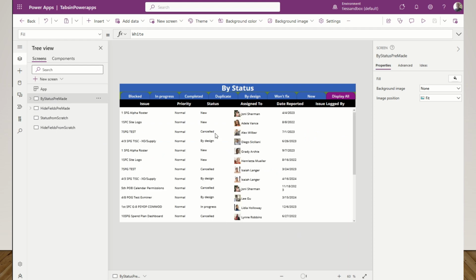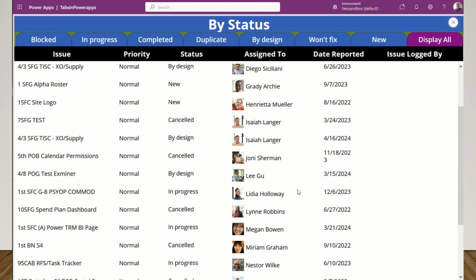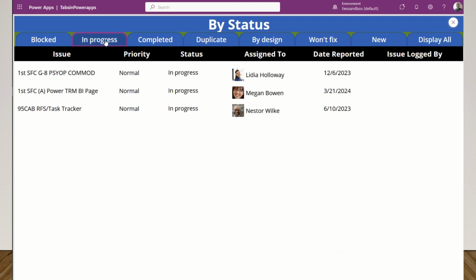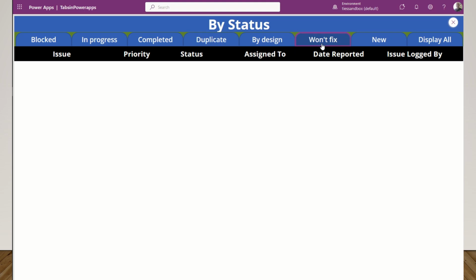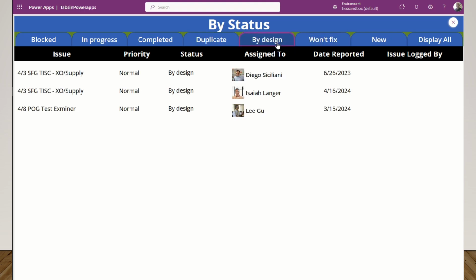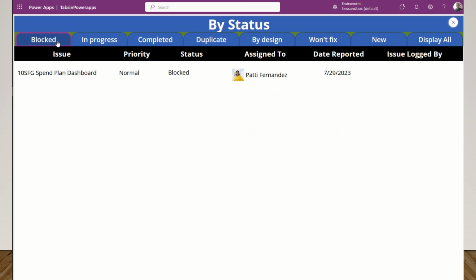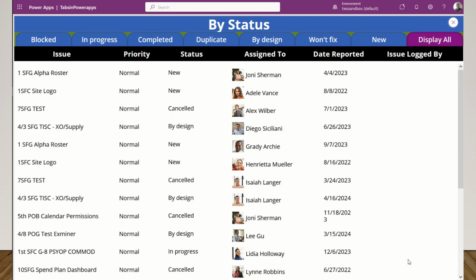So for instance, let's go here. Right now I've got it set to default so it displays all the items. This is every item in the list. So if I play this, as you can see, it's showing all the items. Now if I only want to see the in progress ones, you click on progress, and you see all the in progress ones show up here, and that's the only thing that shows. Or duplicate, which has none, won't fix, none, by design there's 3, new there's 4, blocked there should be 1, and completed there's none. Okay, and then when you're done, you can hit display all, and it'll show them all